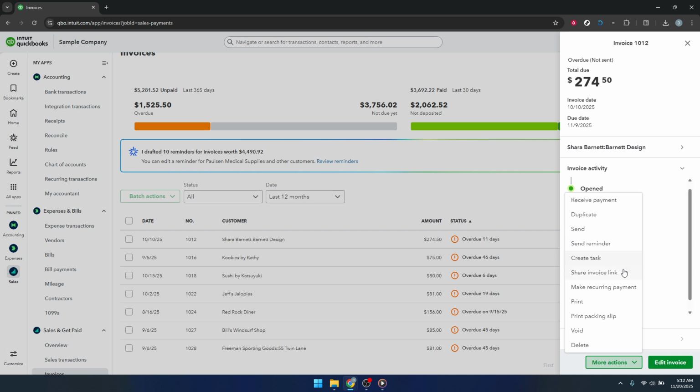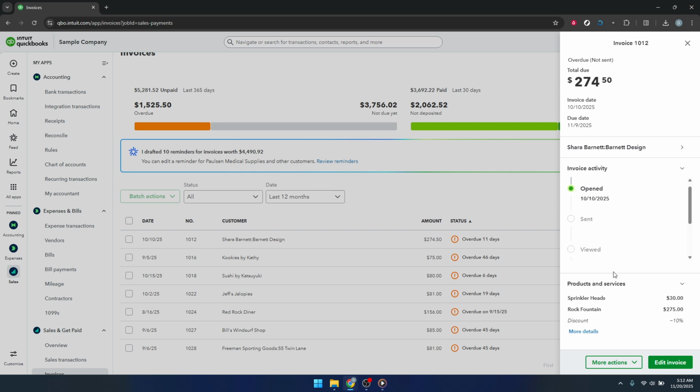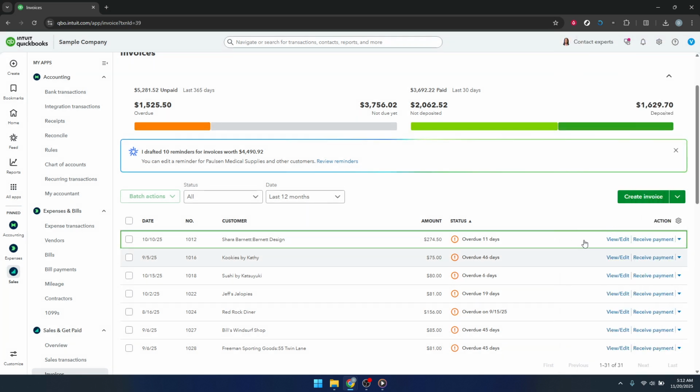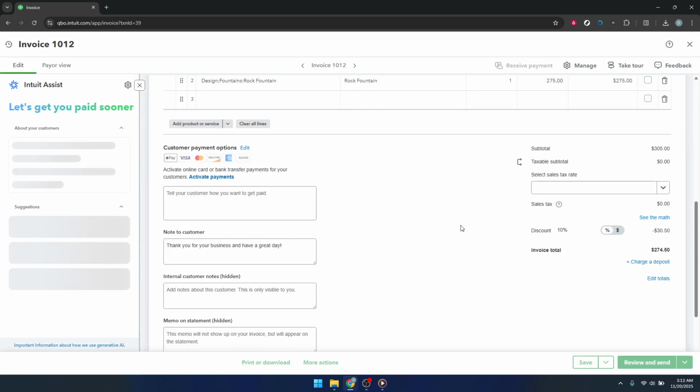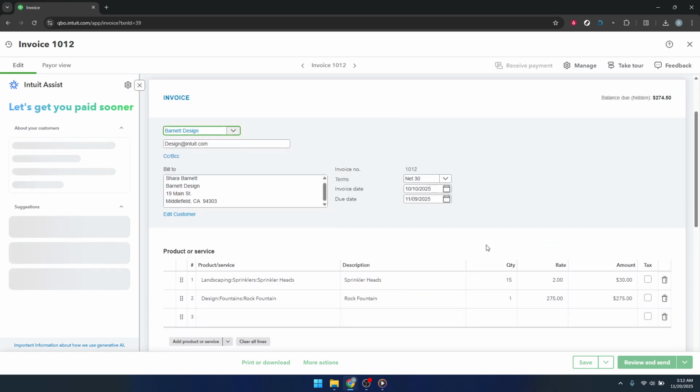Now you can make your changes. Update any customer information that needs to be corrected, such as the billing address or email. Review the line items carefully and adjust descriptions, quantities, or amounts if something was entered incorrectly. If you need to add or remove an item, you can do that here as well. Take a moment to double-check totals and tax calculations after you edit anything, just to make sure everything still looks